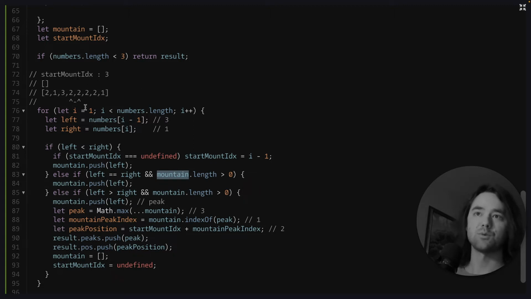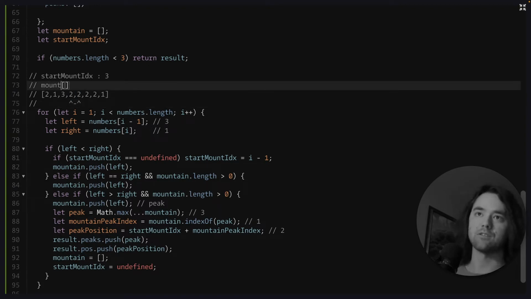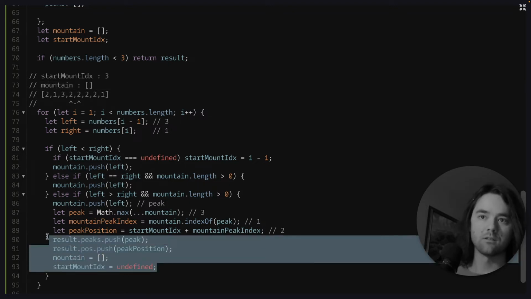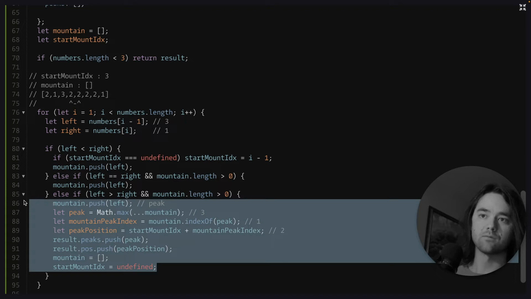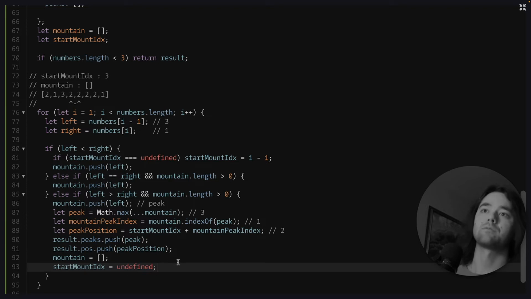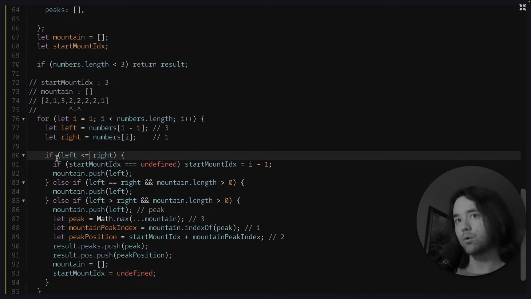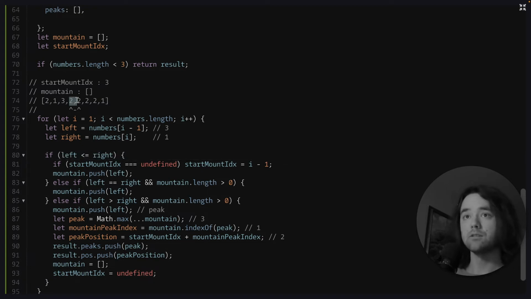meaning that in this situation, for when we are looking at these two elements, mountain is just an empty array at this point, because we would have just completed this branch of logic. So mountain would be an empty array. Start mount index is undefined. So we'd be looking here, and if we had our code as it was before, left is, so 2 is equal to right. We would have added that 2